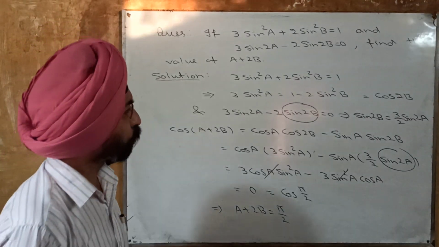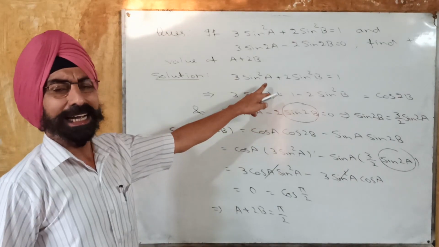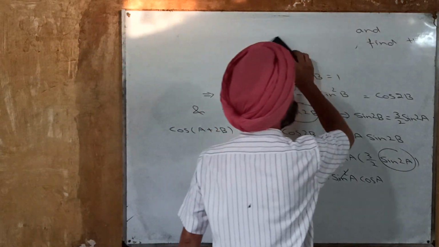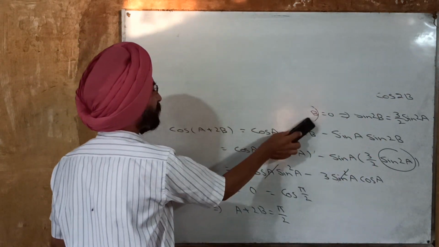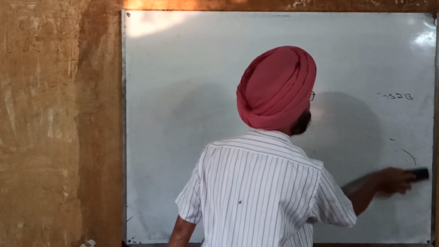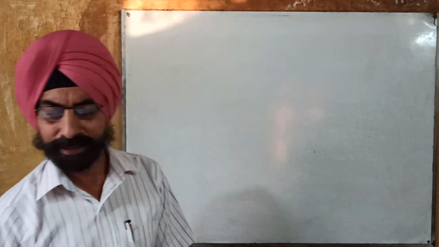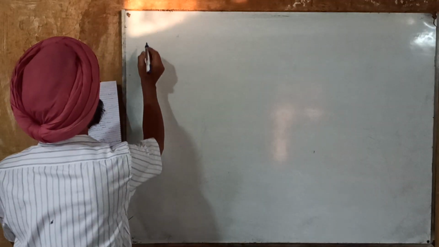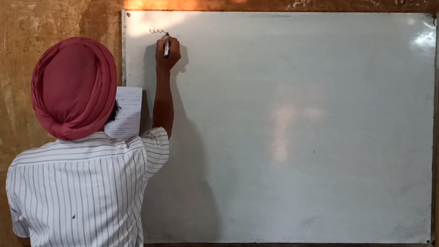So it was the second point. The key point was to eliminate the angle B in this question. So different questions, different key points, different ideas, different tricks and different solutions. The specialty of trigonometry. And the next question which I am going to take today is,